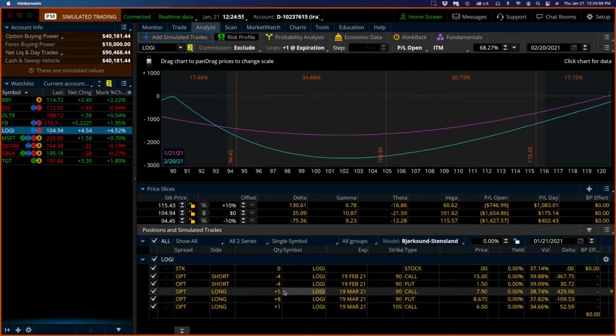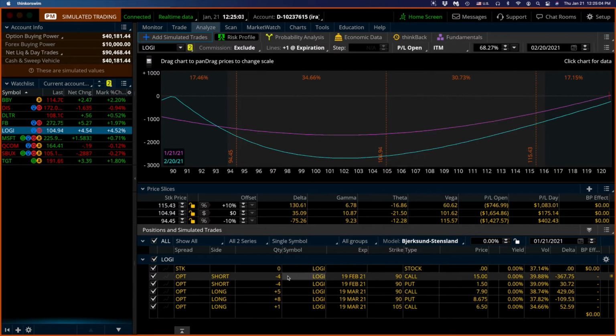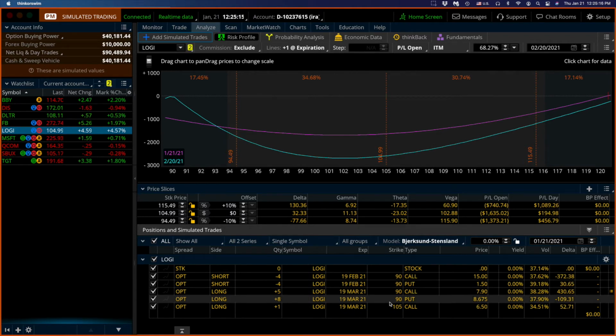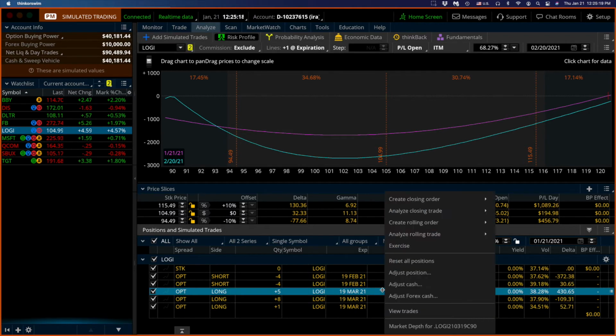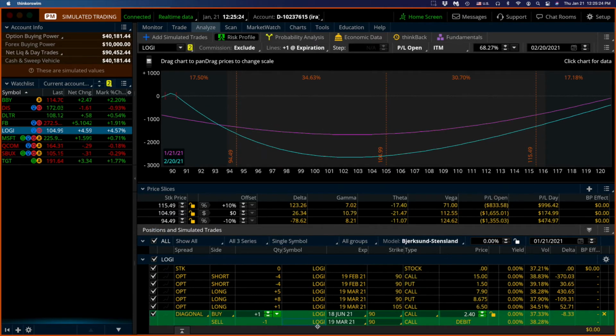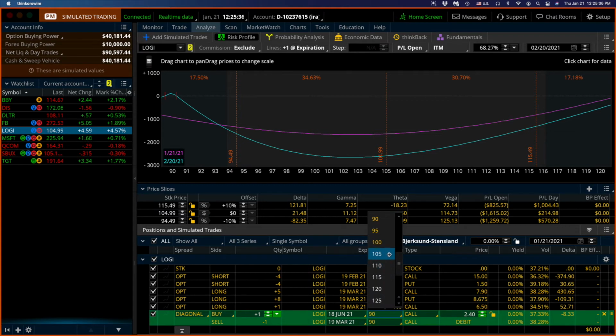Eventually, what we can do, you see, we have 5 of the 90 calls, and we can roll that up as well. We have 4 short calls and 5 long calls, so the difference is 1. We have one excess of these March 90 calls, and we can roll that up to 105. How about that? Say analyze rolling, and just say 1. And we are buying the 105 call at the current price, expiring the same day, March,